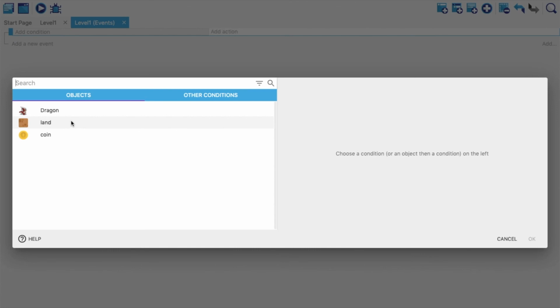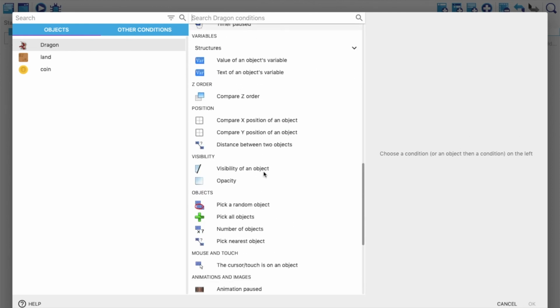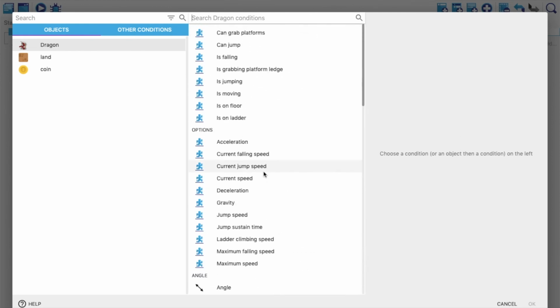Coming back to the logic, dragon. So when the dragon touches the coin, right? Obviously I will start with the word dragon. So when dragon, I'll click on dragon. As soon as I click on that, I get all these conditions that can be done with this dragon.